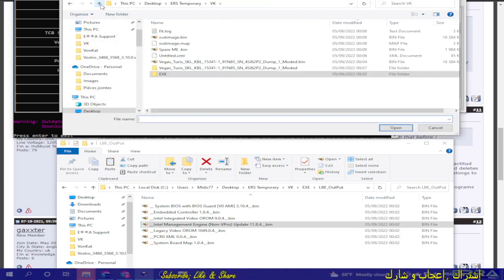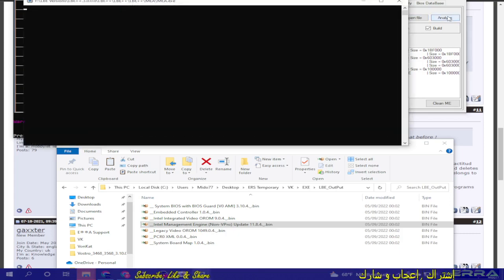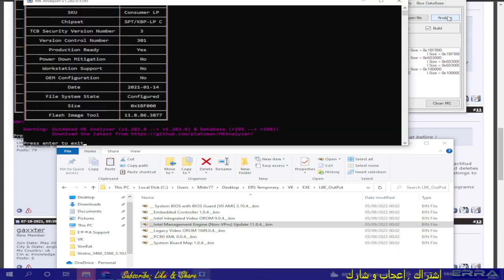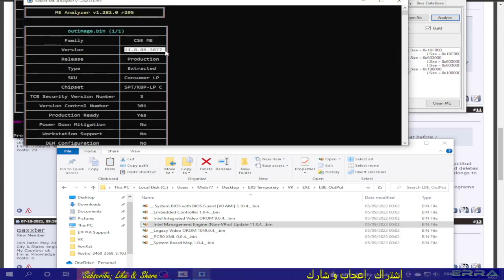So in our file it's ready to use, again the file here configured, and we have the version here. So this file is ready for use,